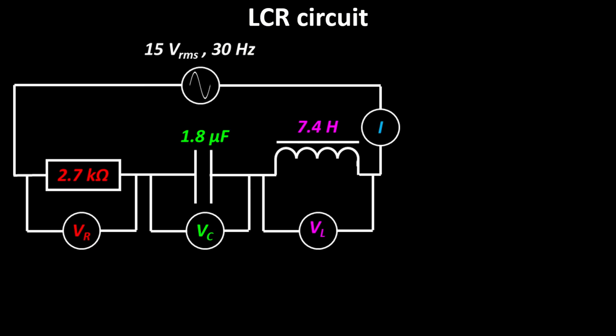So if we have an LCR circuit, so there's an inductor, a capacitor, and a resistor in it. For the sake of this, I'm going to be using these values: 2.7 kiloohms, 1.8 microfarads, and 7.4 henries. And they're all connected in series to a 15-volt RMS 30 hertz supply. So those values could be different. The voltages, frequency, and the component values could be different, but I'm just going to use these for calculation purposes